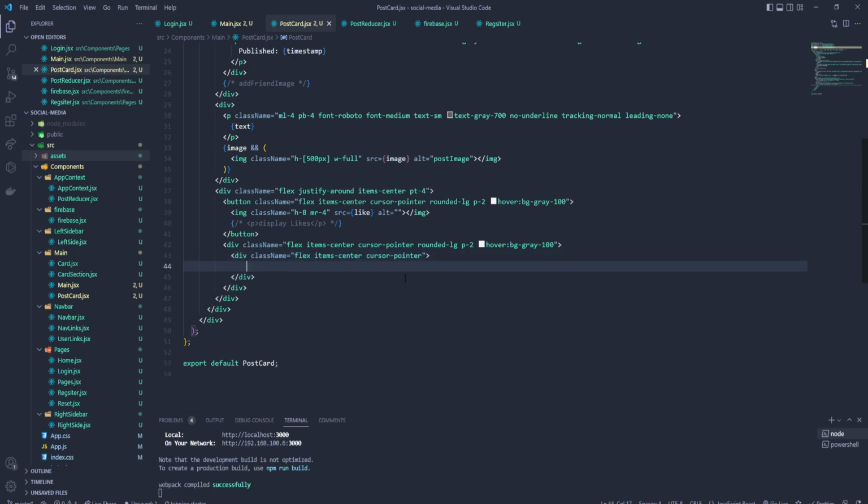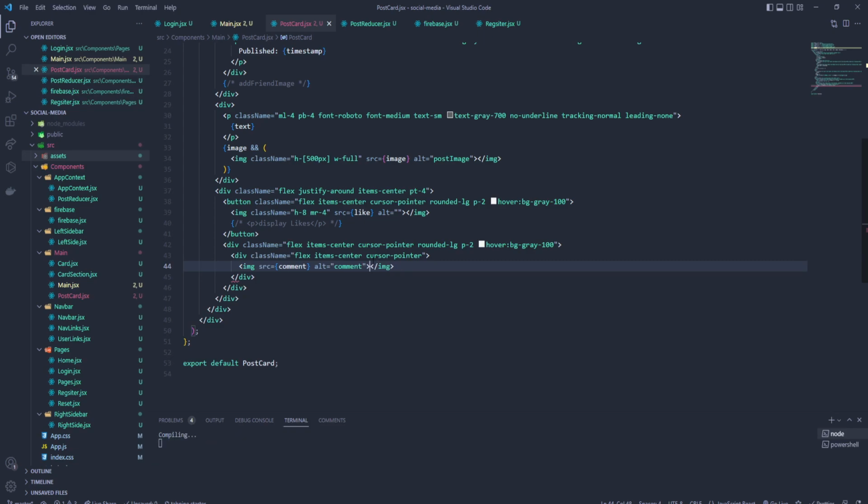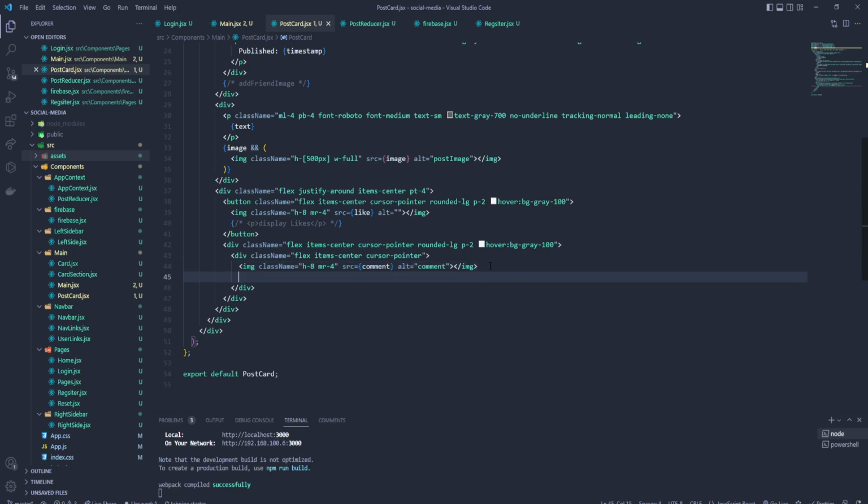Then inside we're gonna have another image with a source of comment. Alt tag is gonna be comment, and let's close that image. Let's provide this class name as well, and let's provide a p tag over here, comments, and we can add